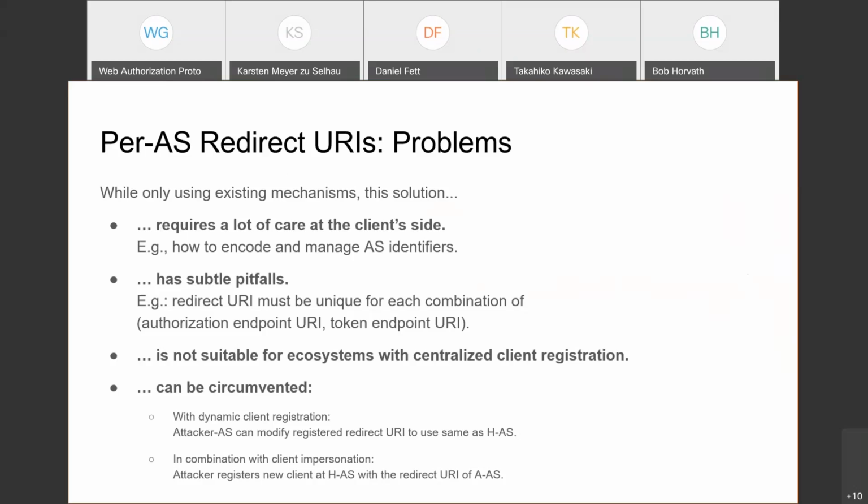Also, the solution is not really suitable for ecosystems with centralized client registration. We see that in the Yes ecosystem, where we have one registration and the clients can use several authorization servers. And of course, if you only have one registration, you only have one redirect URI you can register. And finally, we found that this